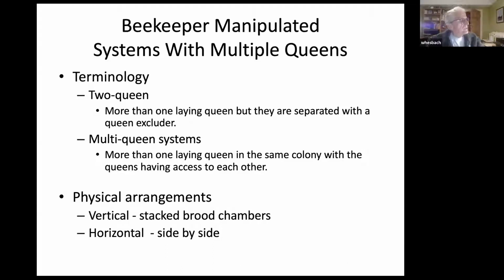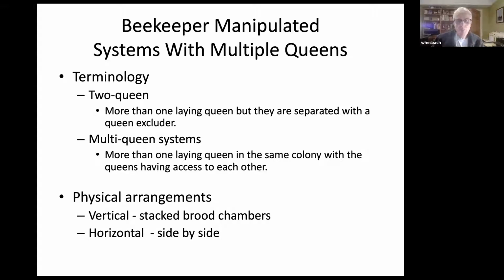this. But in the terminology, 2 queens is more than 1 laying queen, but they're separated with a queen excluder. So that's actually not a multiple queen system. A multiple queen system is when you have more than 1 laying queen in the same colony, with queens having access to each other. That's a distinctive difference, because if you have 2 queens in a stack and you have a queen excluder between them,